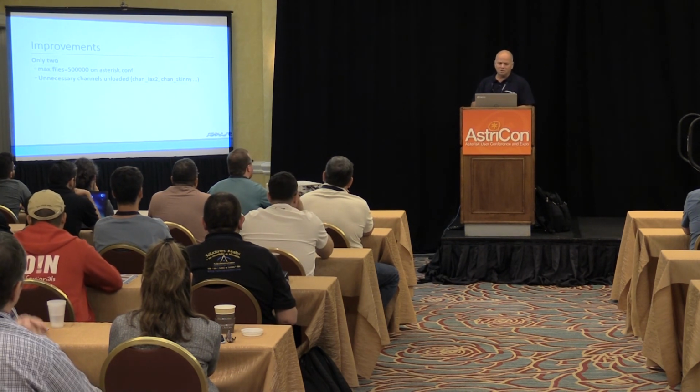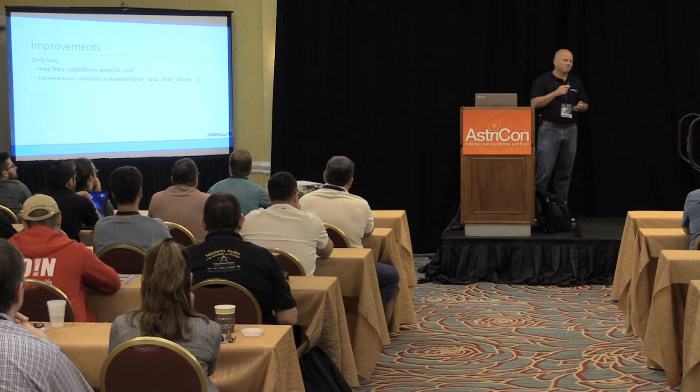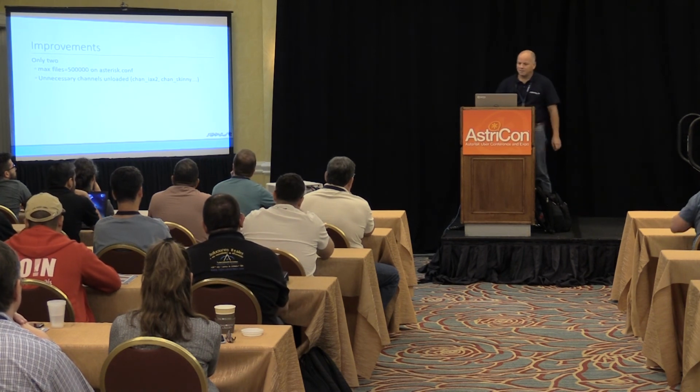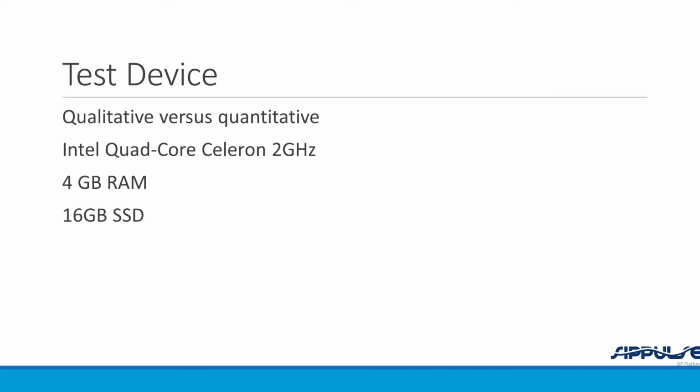And I unloaded all the unnecessary channels, IAX, Motif. I simply removed all of them just to make sure that they wouldn't have impact. I chose a small server, a very inexpensive one. It is a quad-core Celeron at 2 gigahertz, with 4 gigs of RAM and 16 gigs of SSD. It's a small machine because this is a target for something that we are doing as a distributed Asterisk, something like a blade. It's really very inexpensive, costs less than $200. And it runs Asterisk very fast.